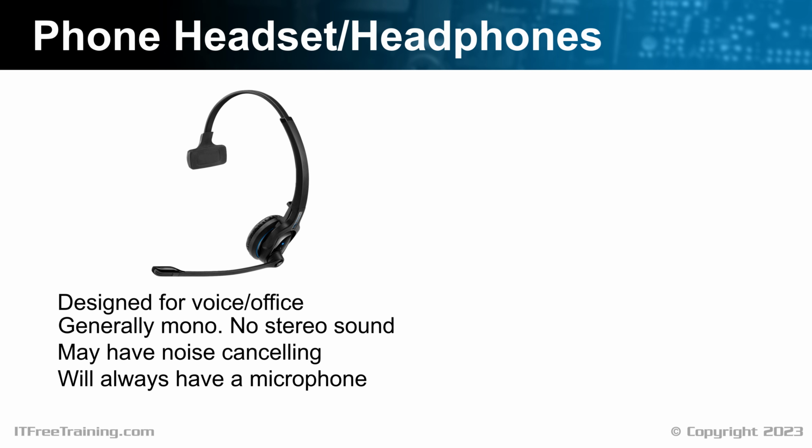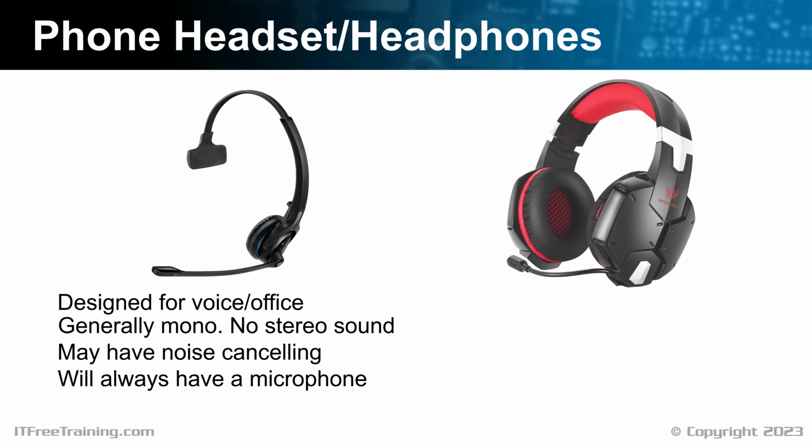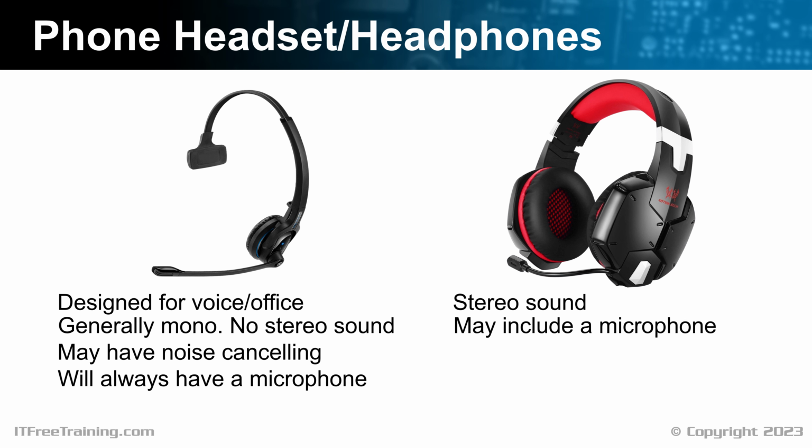The next headsets I'll look at are those not specifically designed for use with a telephone. However, they could be used for that purpose. These headsets are often referred to as headphones. These headsets will generally support stereo sound, although it is possible to create headphones that only support mono. It's more common that they support stereo sound than not. Unlike a headset designed for a telephone, the headset may or may not include a microphone. These headsets are also primarily designed for voice, music, and sound effects.